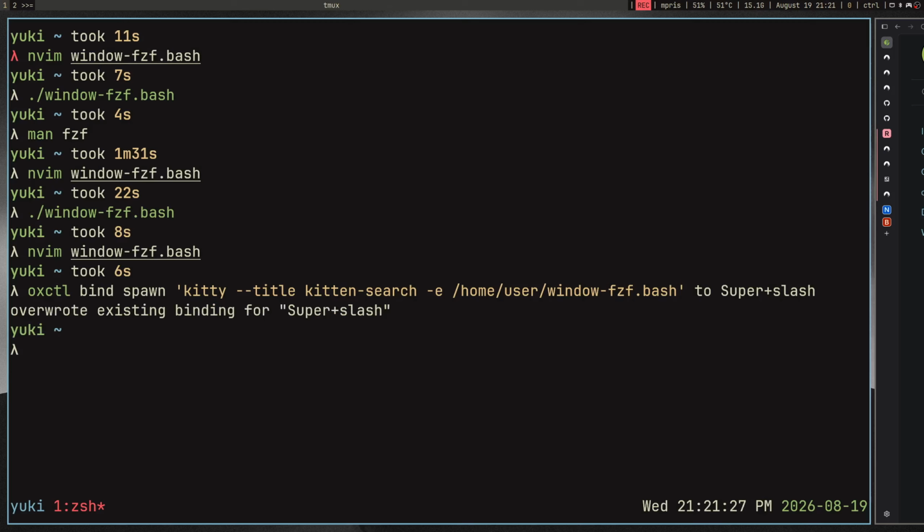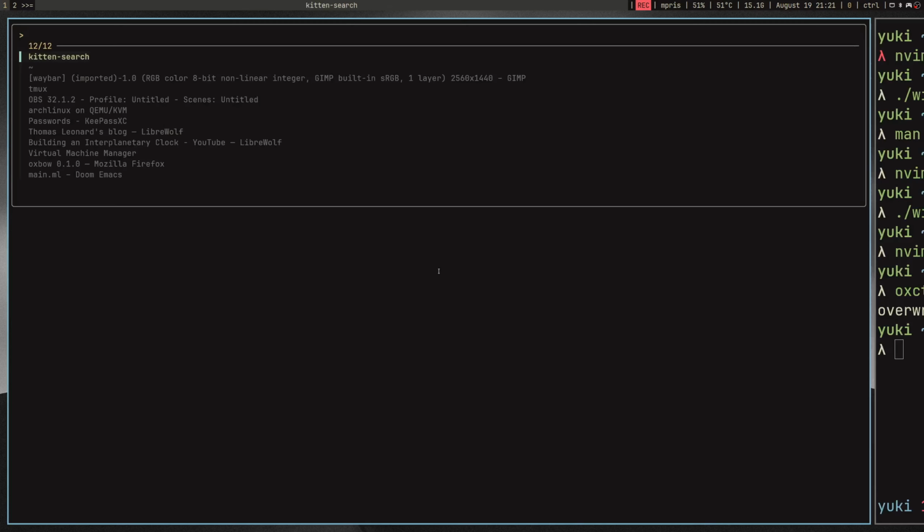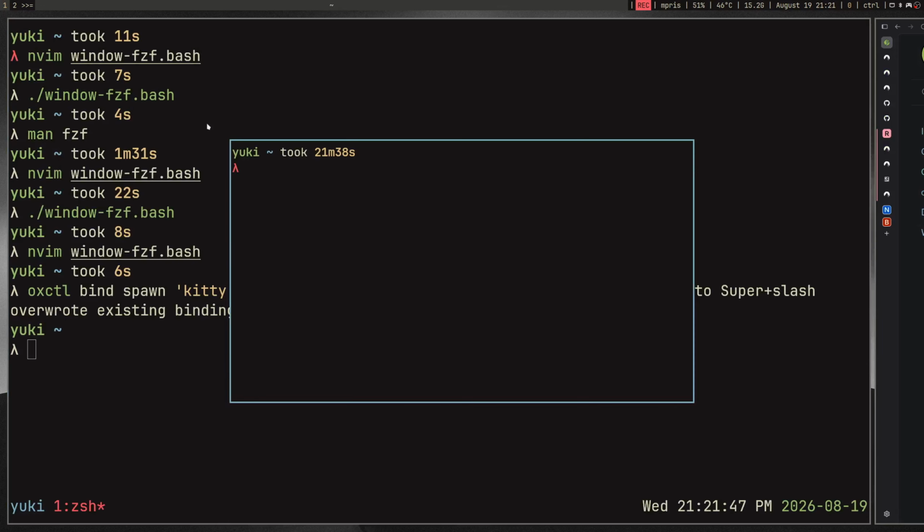something. Okay. Now if I hit super and slash, a window will spawn. You can see that the search title is right here. And obviously that's never going to be something that I want to select because I'm already in it. Why would I want to select this window? And the other one is the